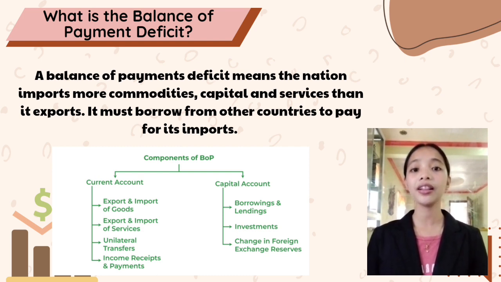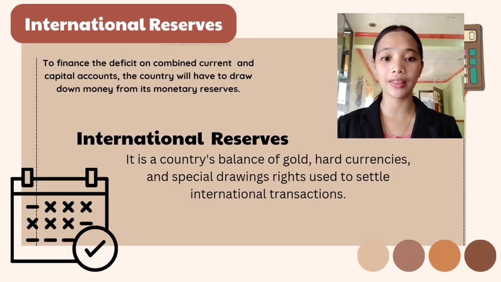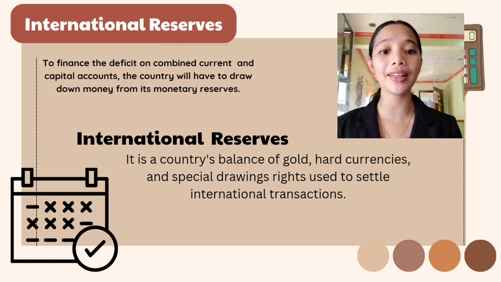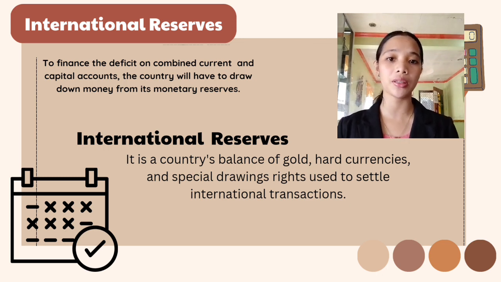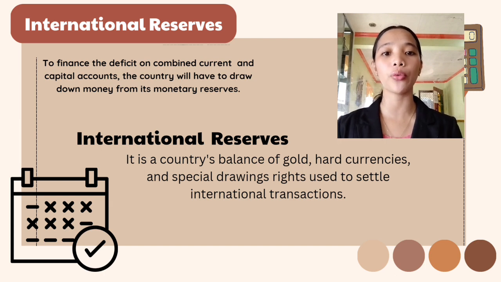It does mean that in real terms, there is more importation than exportation occurring until the value of money adjusts. Even though most economists believe that deficit isn't always bad, developing countries still need to finance it. So, in financing the deficit on combined current and capital accounts, the country will have to draw down money from its monetary reserves. The international reserves are the country's balance of gold, hard currencies, and special drawing rights used